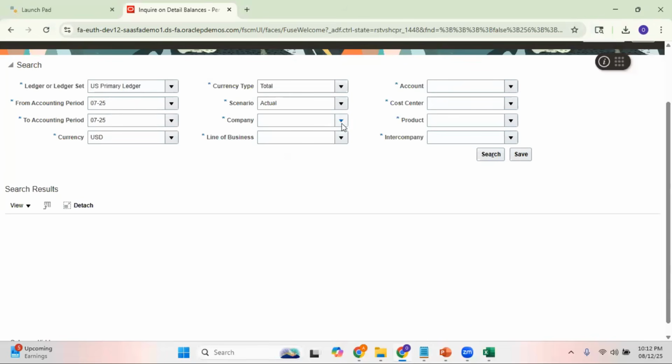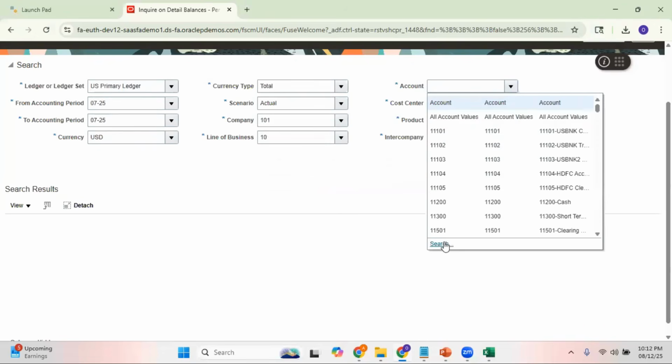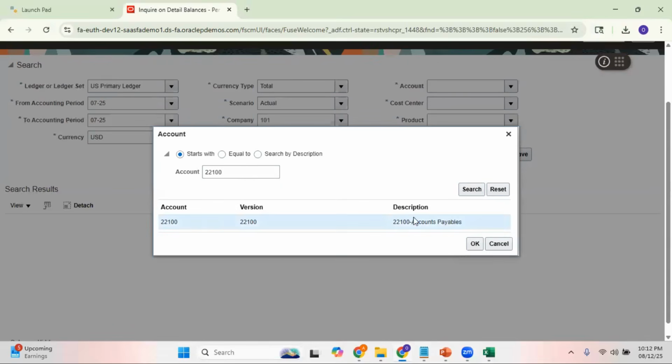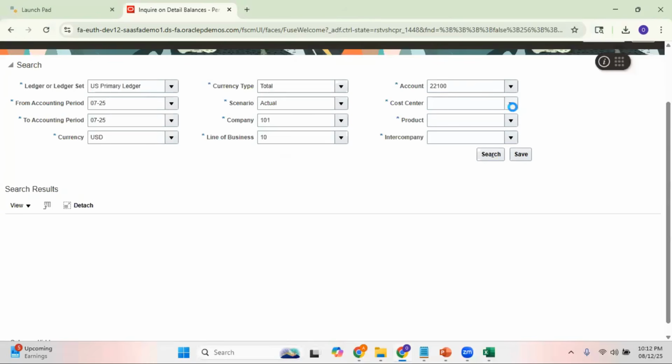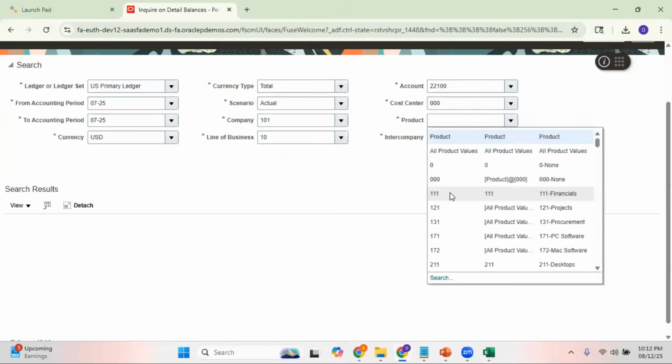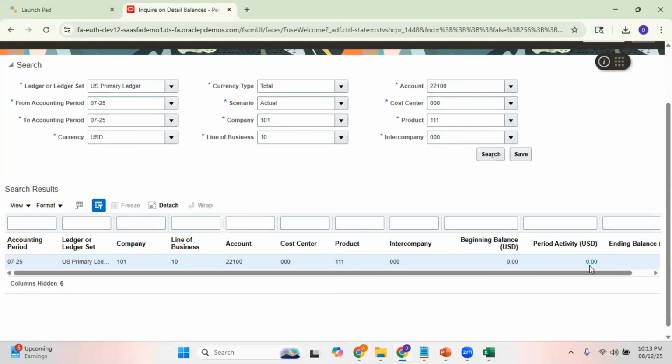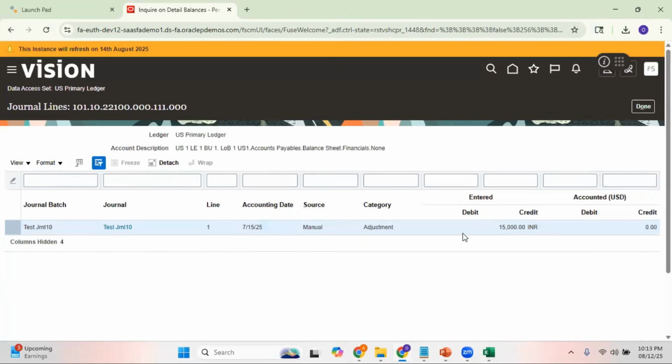And then company 101, line of business 10, account 2200, cost center 000, product 111, intercompany 000, search. Okay, we were actually looking at this, but when you click on the hyperlink, you can see there is a